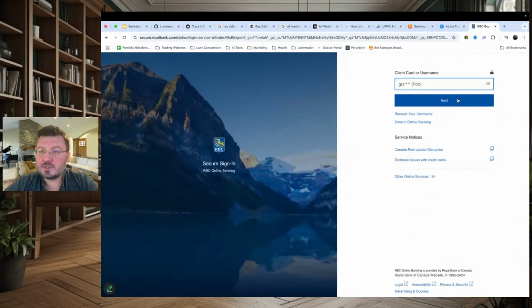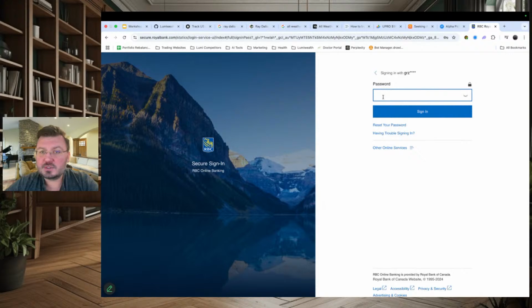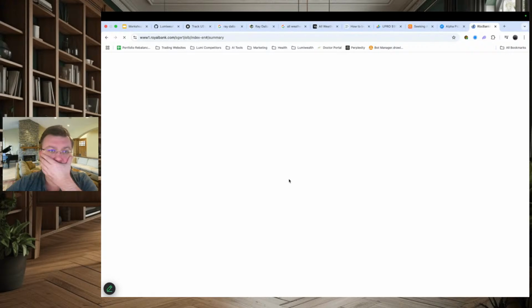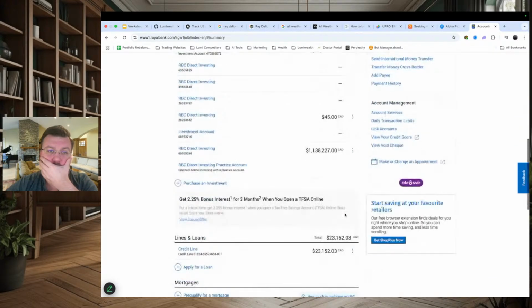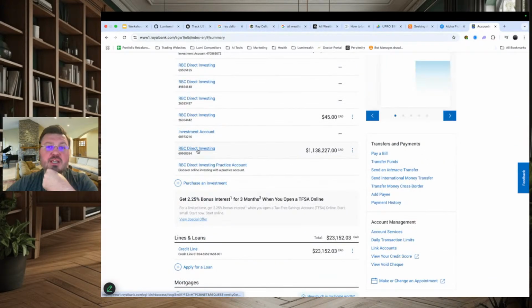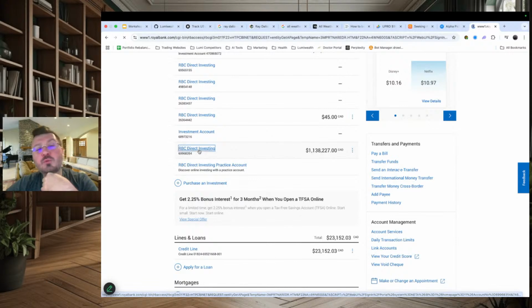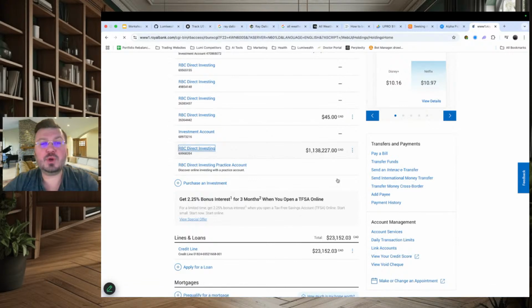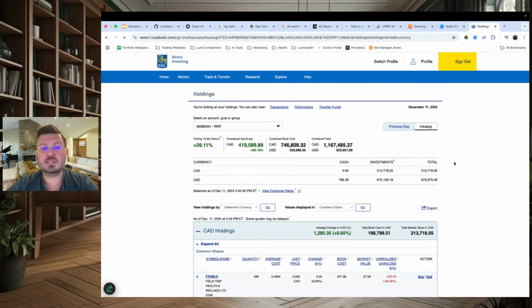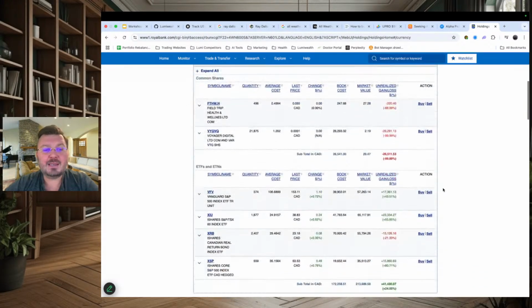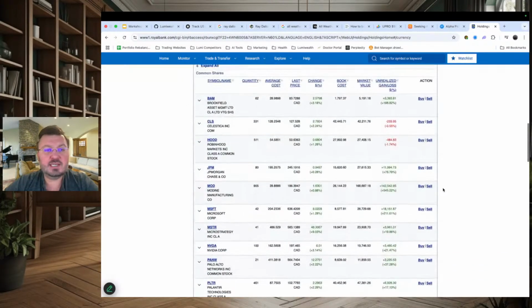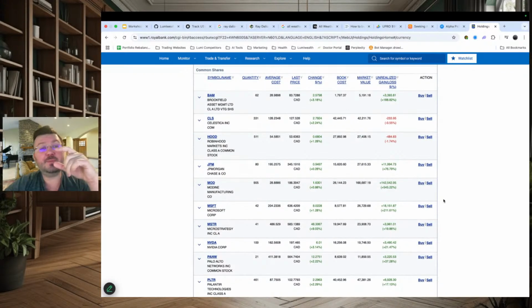So one second, I'm going to log into one of my trading accounts. Okay, there you go. So here's an account that I manage. It's almost $1.2 million, $1.14 million is in this account. And if you scroll down here, you can see a couple of these things that I bought specifically because Alpha